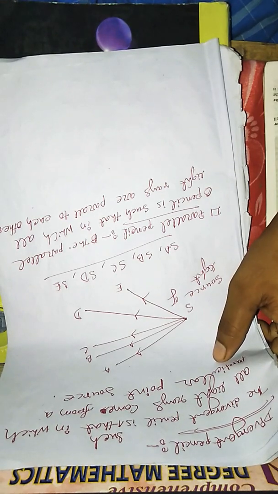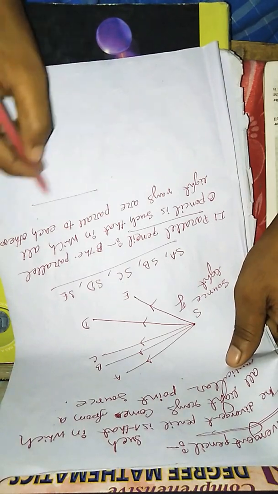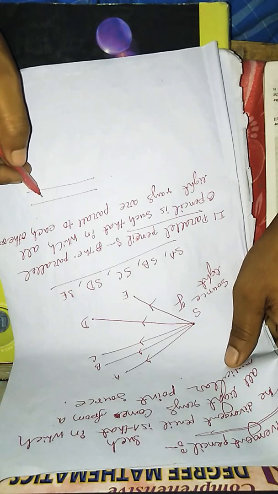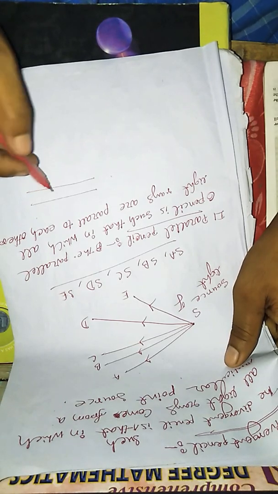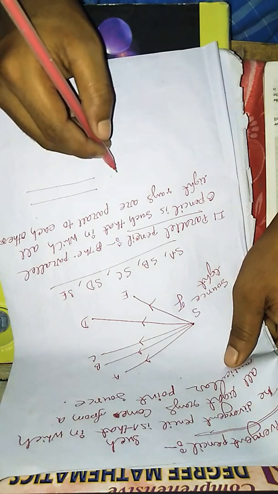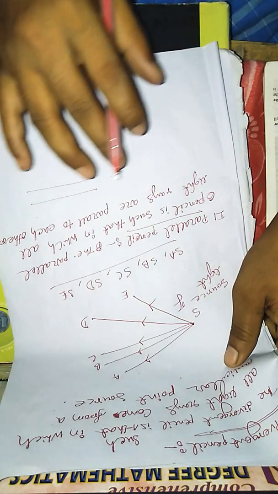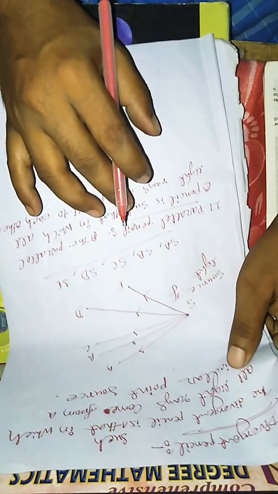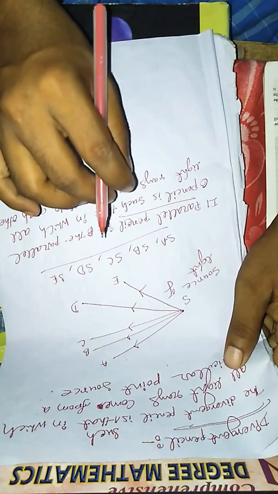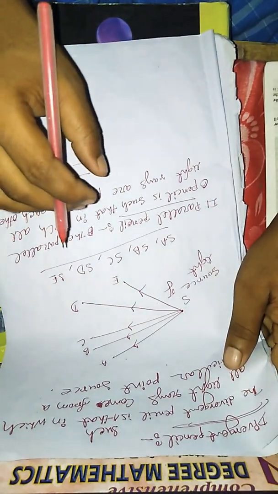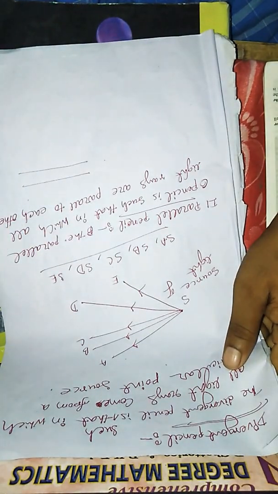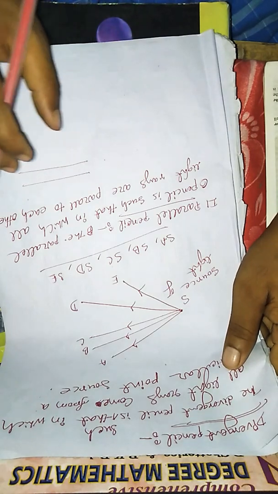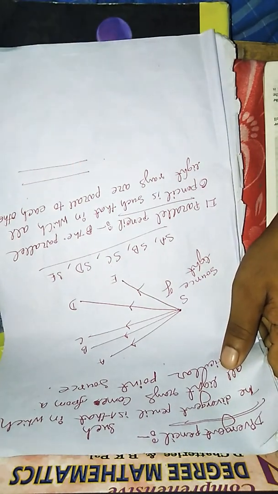That means if you see parallel straight lines, we know that two parallel straight lines will not meet at any point. Similarly, in a parallel pencil all light rays go parallelly, but they do not meet at any point. In a convergent pencil, we see that they meet at a point. In a divergent pencil, we see that all the light rays come from a common point, but in a parallel pencil the light rays do not meet at any point. They go parallelly forever.